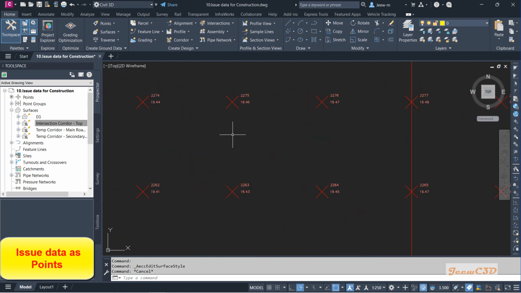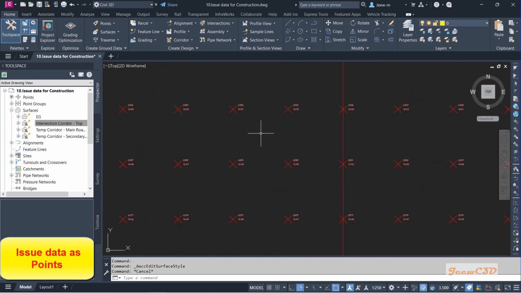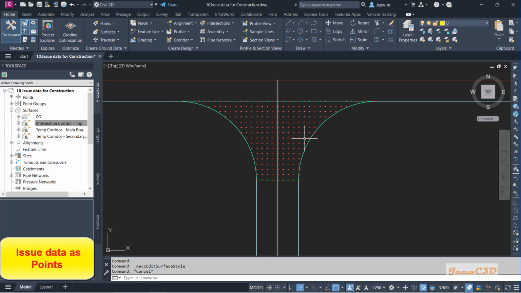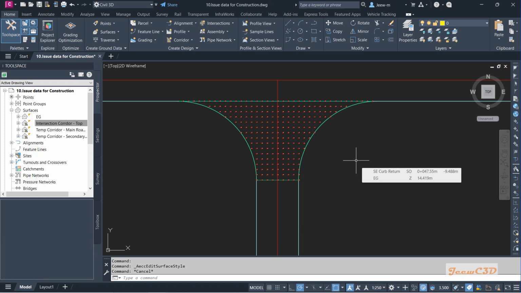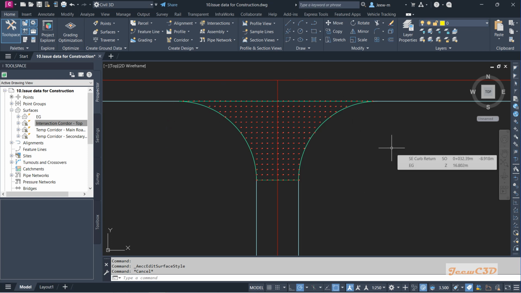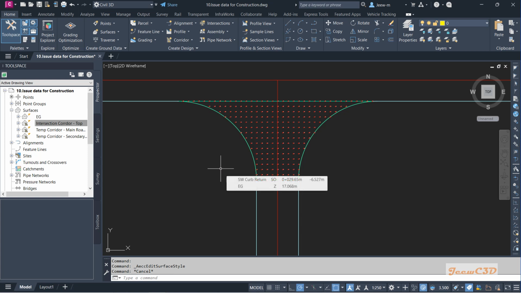So if you give these data to the site, they can locate these points on the site and create the intersection surface. So that is how to give the elevations to the surface in terms of points and in terms of contours. So still we haven't given the edge detail. These edges are alignments, so we need to get that detail to the site as well. Before doing that, you can save this drawing also as points so that we can give that to the site. So then what you can do is